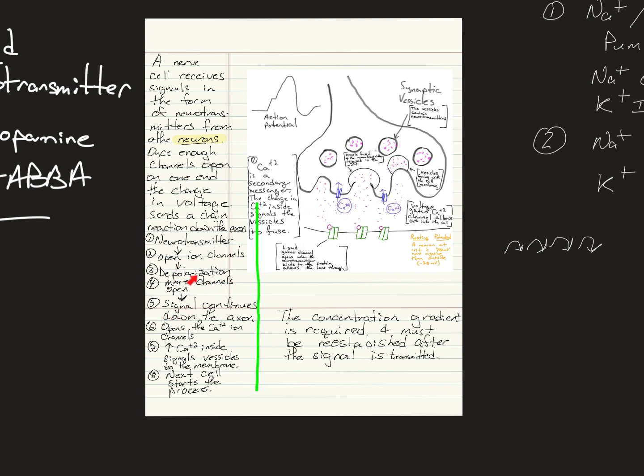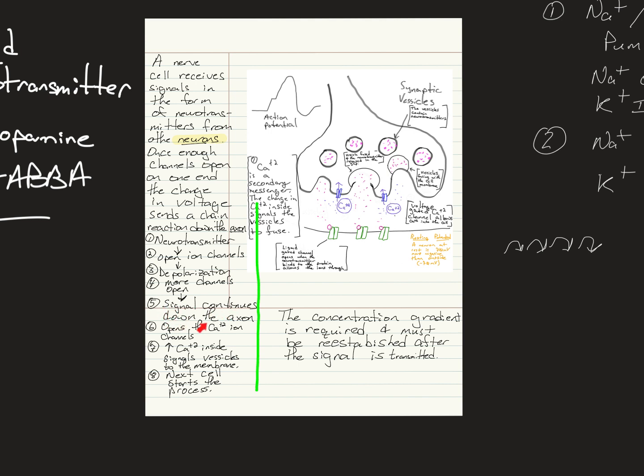How do you depolarize the membrane? The open ion channels change the polarity or the voltage on the membrane, which is what we call depolarization or discharge, right? Like your phone discharging as you're using it. The ions moving across the membrane discharge the electrical potential, or depolarize the membrane, and the more channels open,